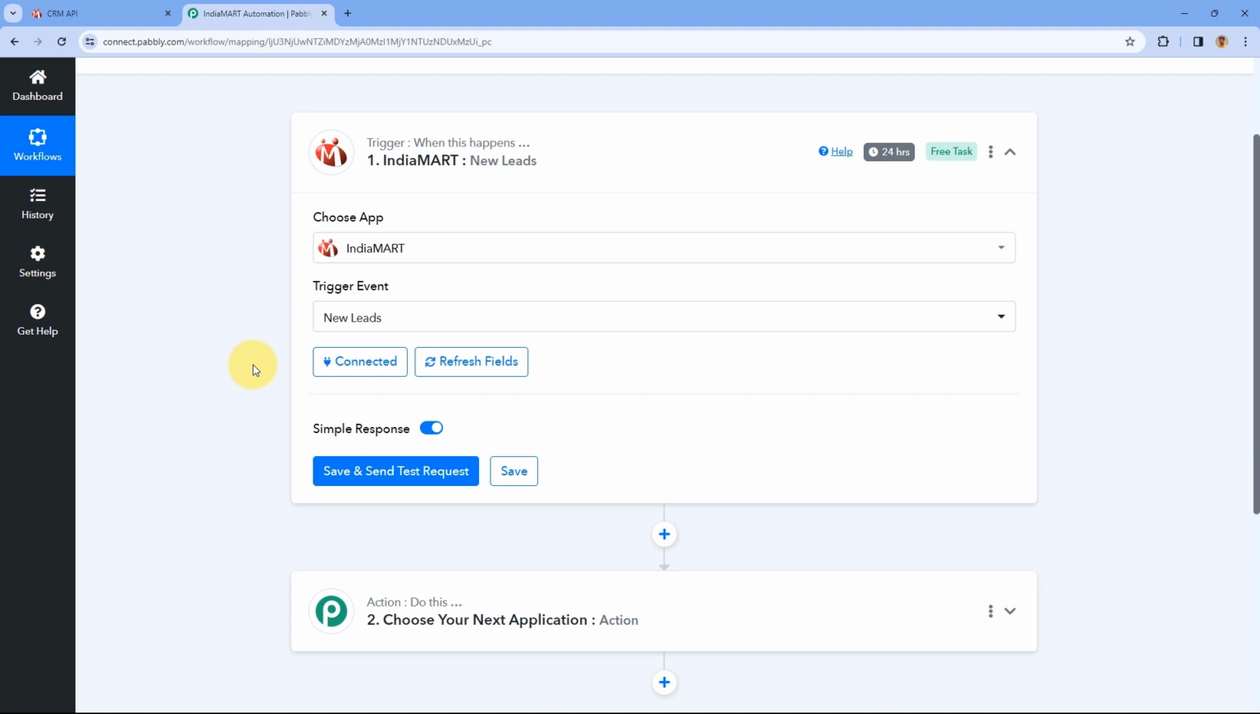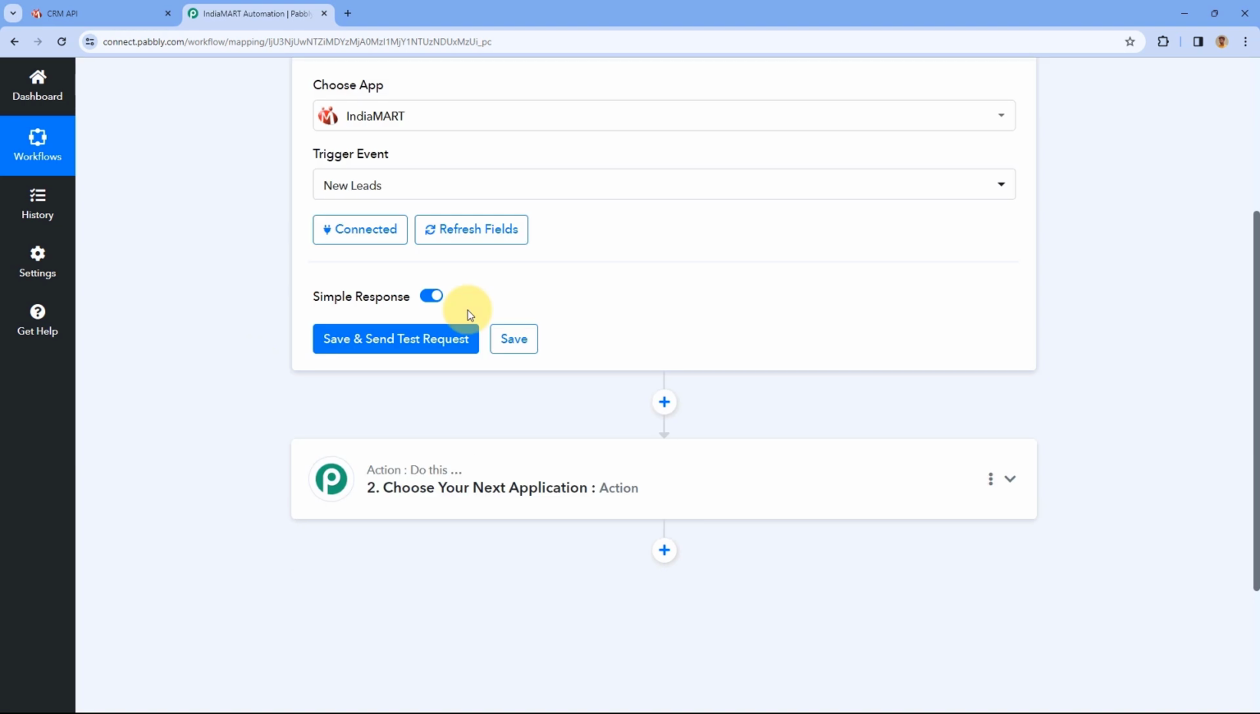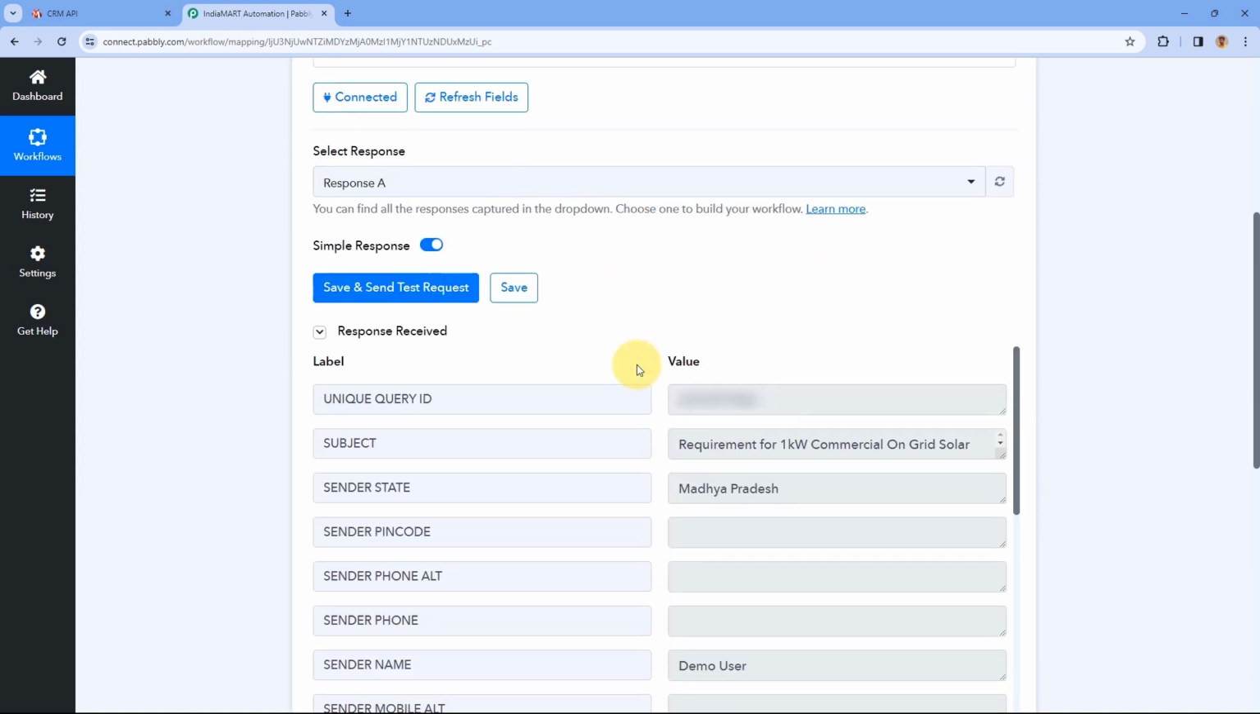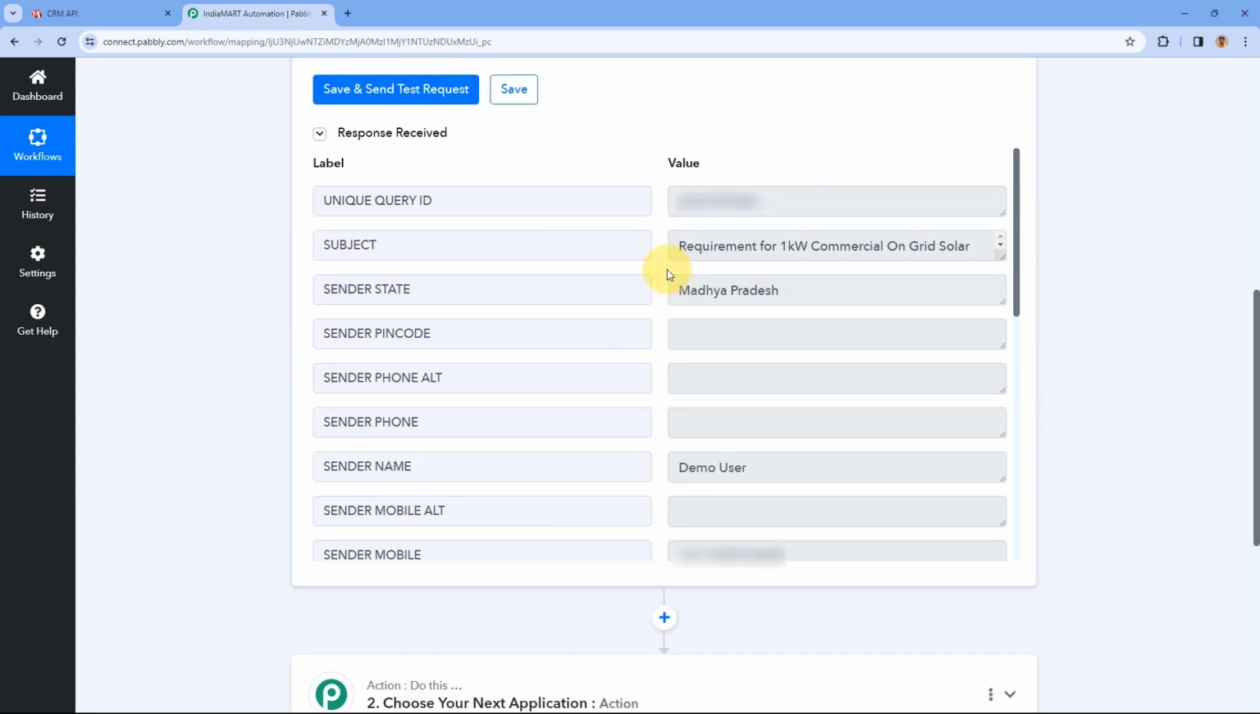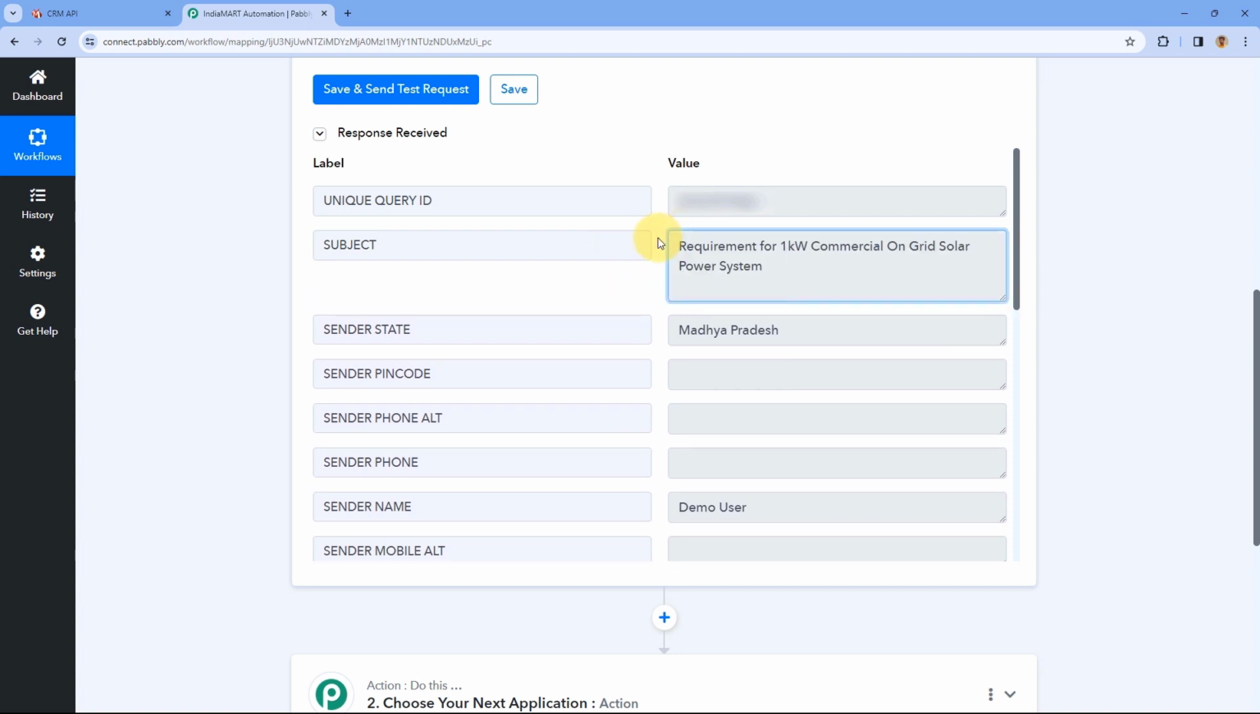Now before clicking on save and send test request, please note that Pabbly Connect will only capture the latest lead received in our IndiaMart account. So now I'm going to click on save and send test request. Now here you can see we have successfully received the response, and here we have received the subject, which is this. We have received unique query ID, sender's state, moving forward,